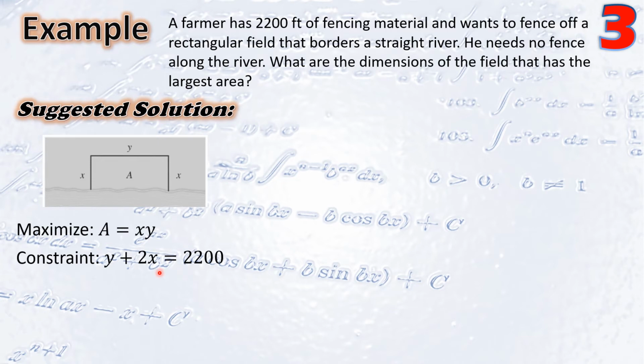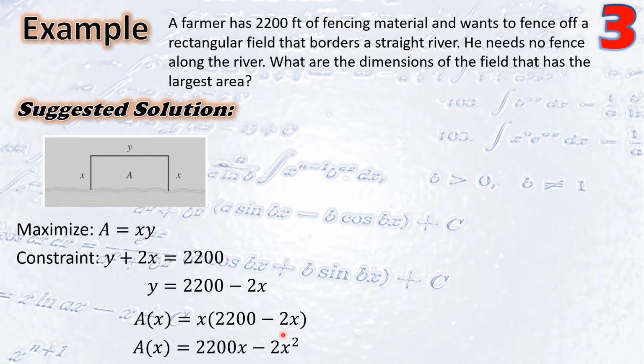We now solve the second equation for y and substitute the result into the first equation to express A as a function of one variable. So from y plus 2x is equal to 2,250, we have y is equal to 2,250 minus 2x. Substituting this value of y into the function that is to be maximized, we have the area as a function of x. We have A of x is equal to x times y, that is 2,250 minus 2x. Simplifying, we have A of x is equal to